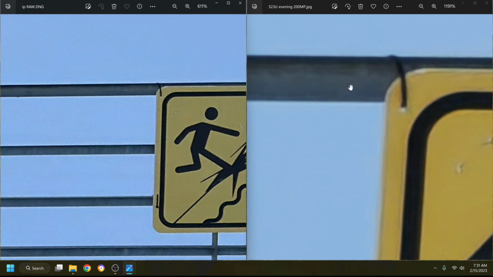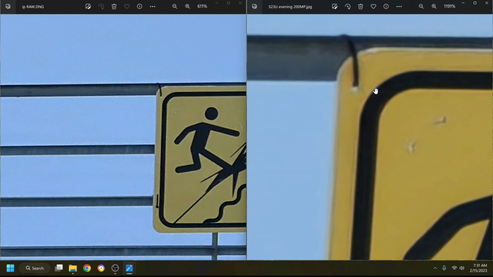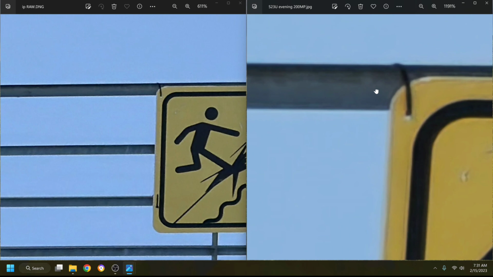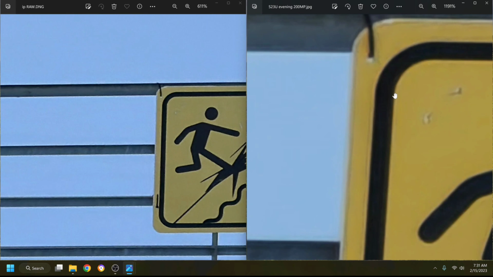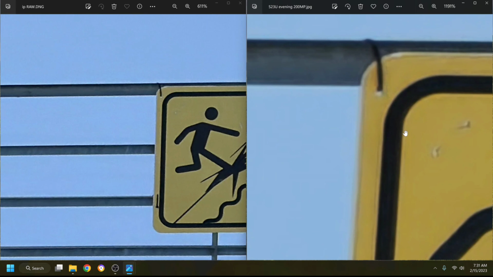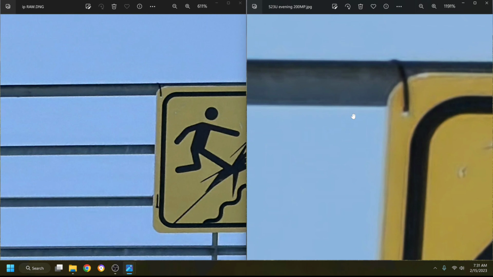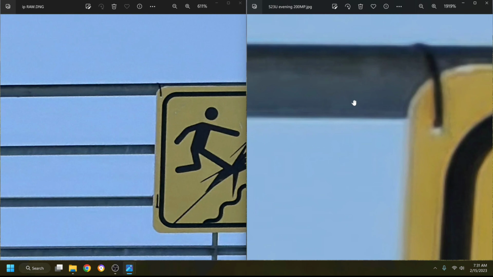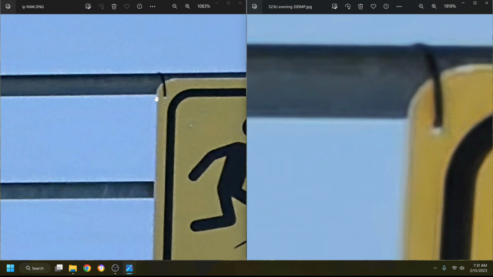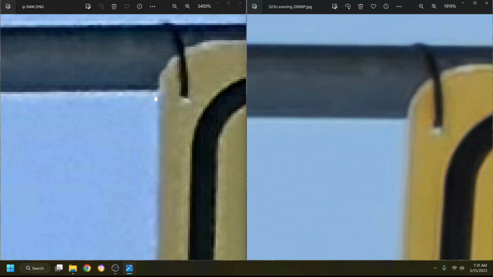So you can see there's still no sharpening or anything weird going on. It's still pure details, but it's not as detailed as it was when the light was higher. But does that mean the iPhone is suffering too? Let's find out. So what I see here at a pixel level,